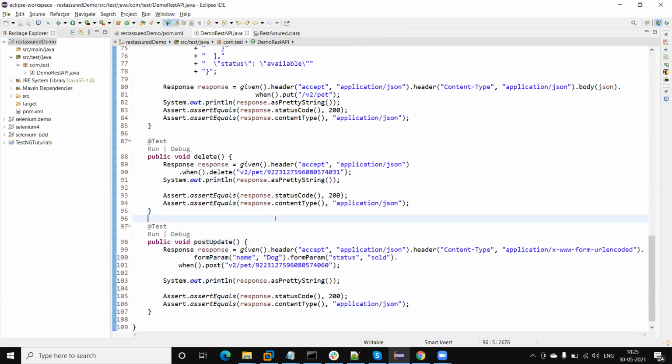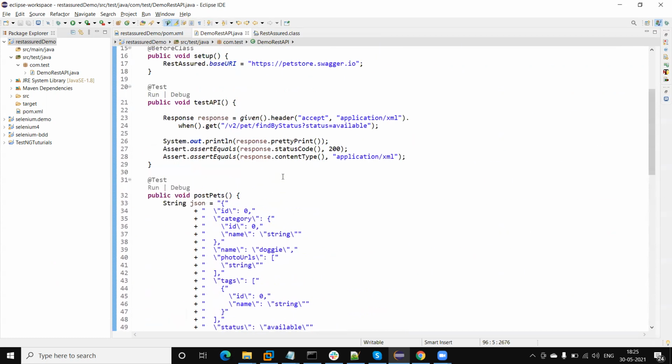Okay, so in this video we learned how to automate the post, get, delete, and put methods, how we pass the body as a JSON object, how we pass the form parameter details, and how we pass the ID in a path parameter. Okay, so we understood all of those here. Now one more request I was going to show is where we pass the value as a query string. Yeah, the query string was already passed here. Okay, so I think this is also covered.